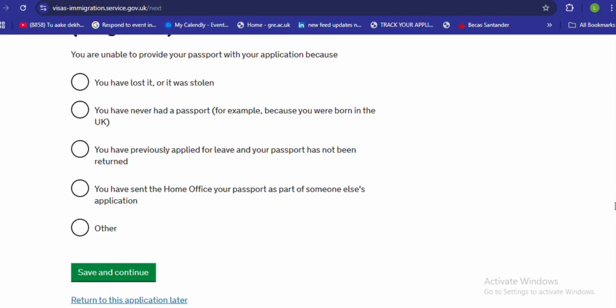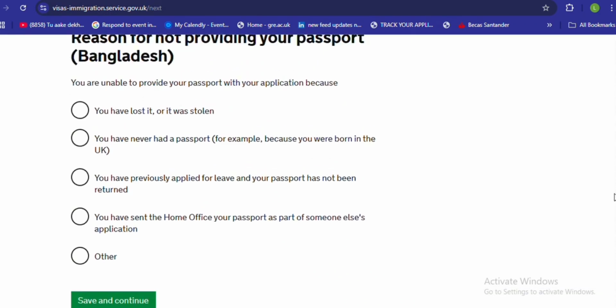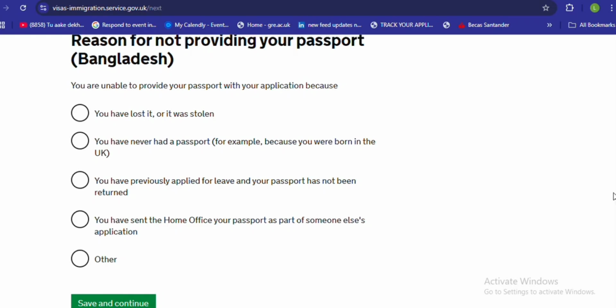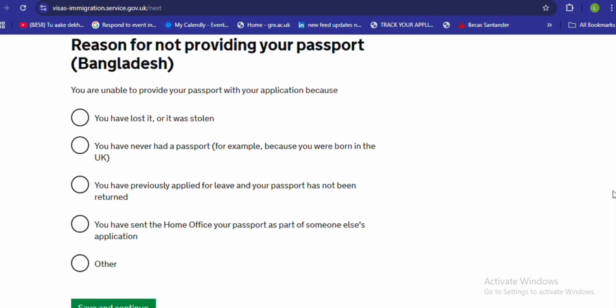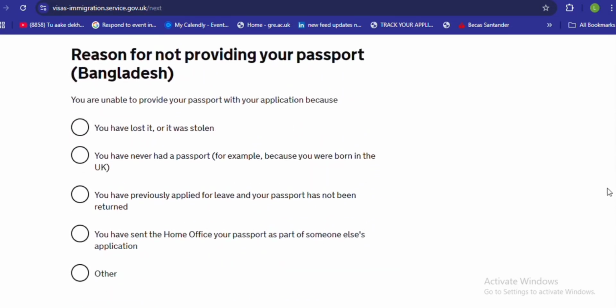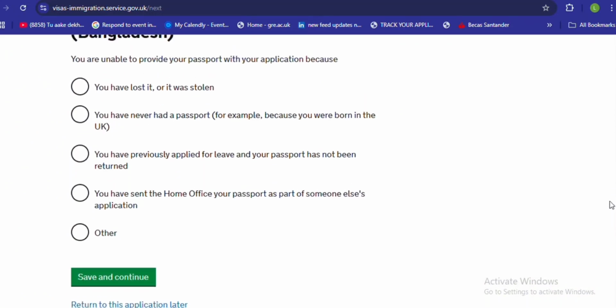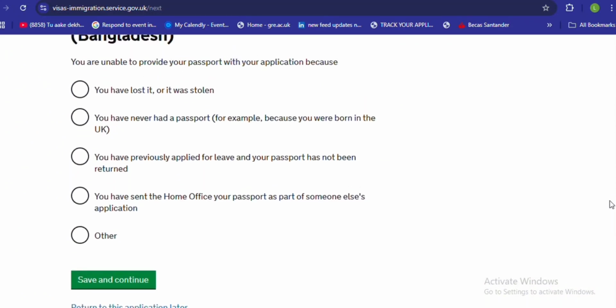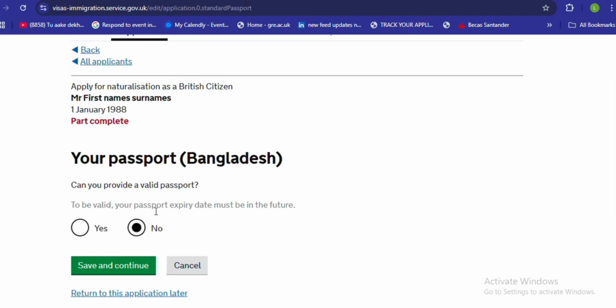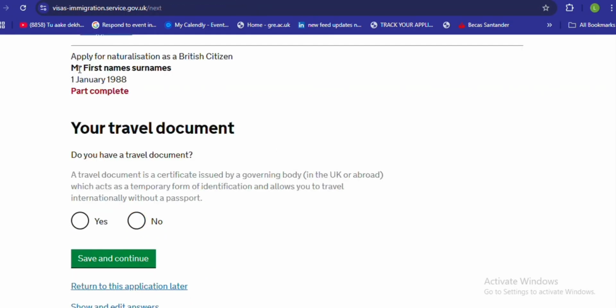Reason for not providing your passport. So basically, for me, I applied for a visa previously and the Home Office didn't return it. So for my case, I will choose, you have previously applied for leave and your passport has not been returned, and you choose your own option here. You have lost it, or it was stolen, you have sent an email. So yeah,